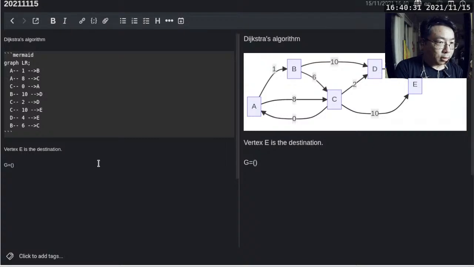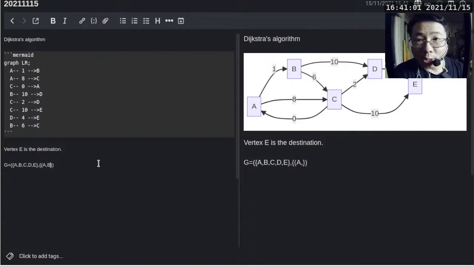So when we talk about a graph, it has two items in it, as a two tuple. The first one would be the set of all the vertices. I'm not even going to bother using LaTeX because it doesn't need it. In this case, our set of vertices would be from A to E: A, B, C, D, and E. Then the set of edges is going to be a little more verbose. We have AB as one edge, and then we have AC as one edge,